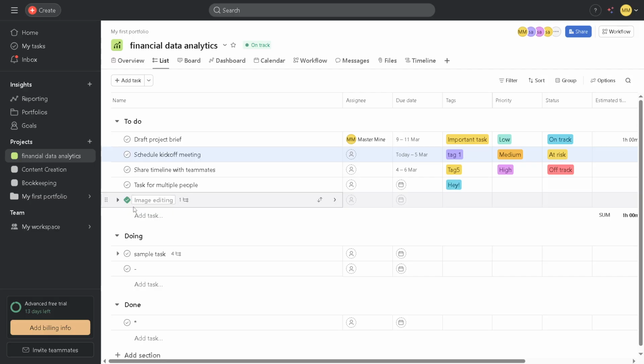But we're not done just yet. It's time to verify that this updated milestone is visible to your team members on the project timeline. This is crucial because you want everyone involved in the project to see these important markers. Make sure to navigate to your project timeline and check that the milestone appears where it should in all its